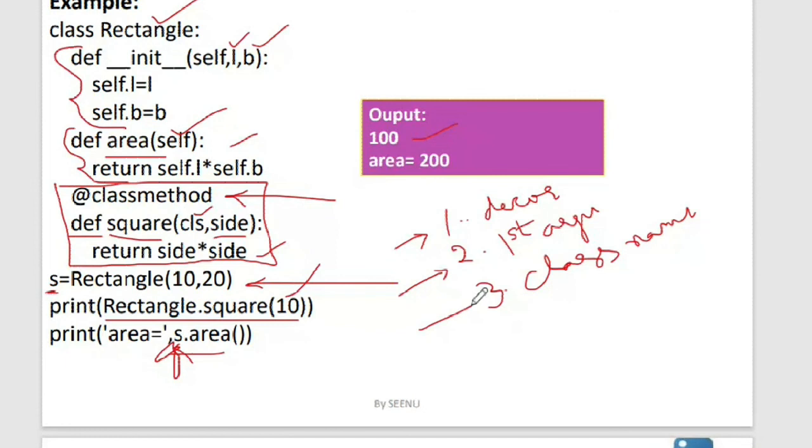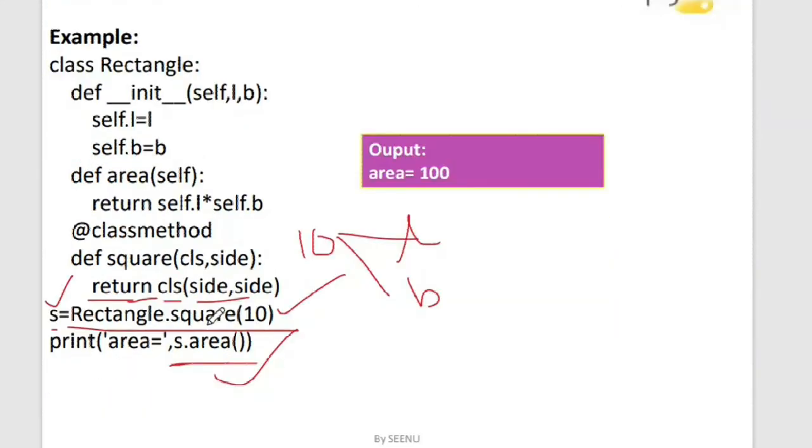Okay, so these are the three differences between the instance method and the class method. Is it clear, girls? Yes, ma'am. Yes. Now let us look into another program wherein all the class methods are called